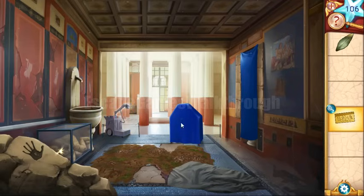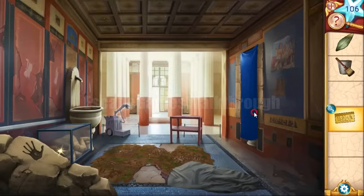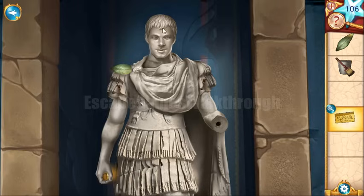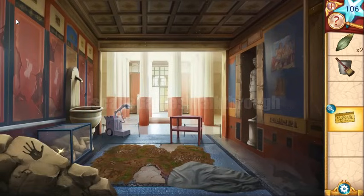Now let's remove these clothes, and here you can take a cleaning equipment, and here's the statue, and the statue reminds us of the person that we have already seen many times. Let's take this leaf here. Now going backward, here you can take a star, and going